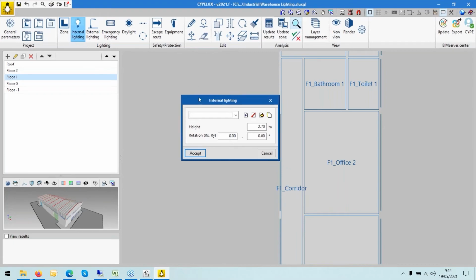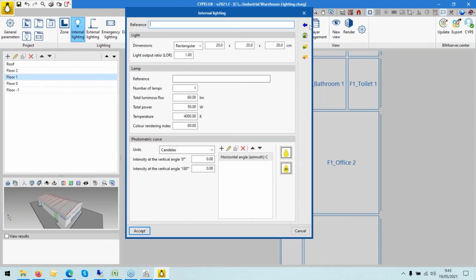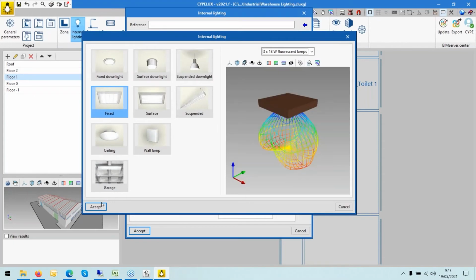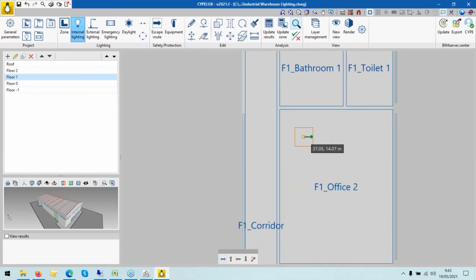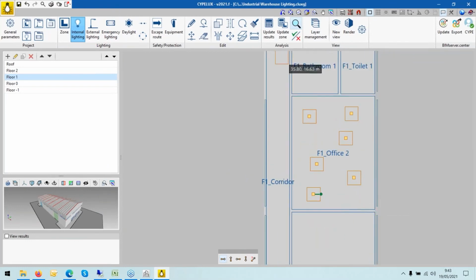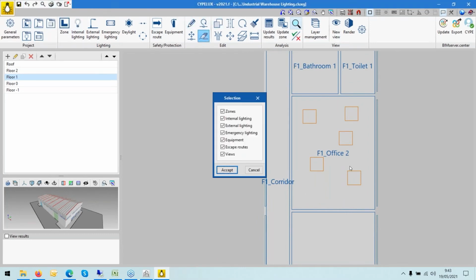Okay, this is the first part: how do you get the database of the lighting? How do you insert them? Well, imagine first of all you could do it one by one. I could do it like this and insert it in the case I want. Just an example. This is one way, but sometimes it can be